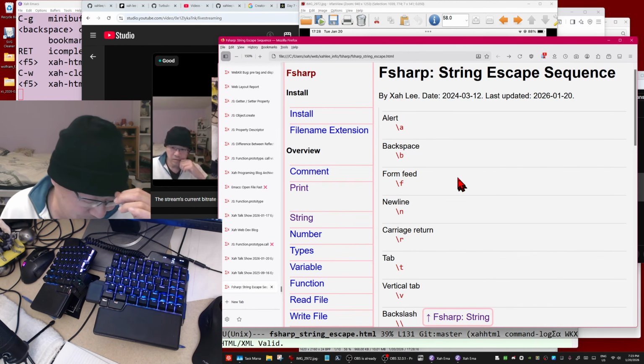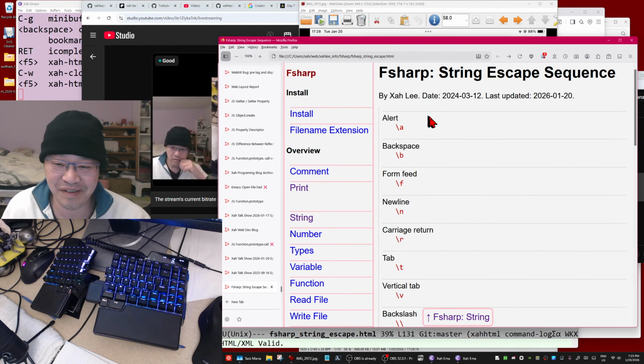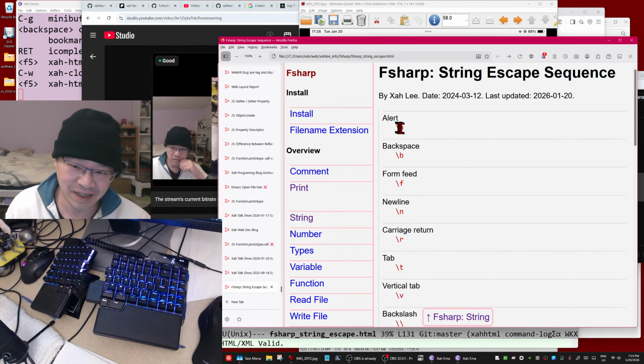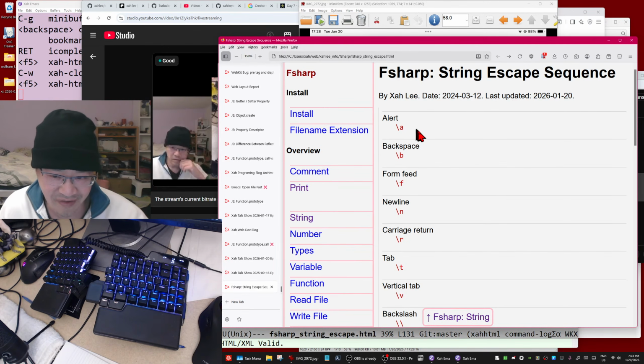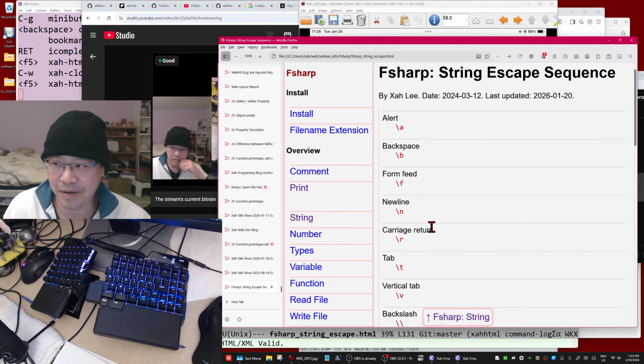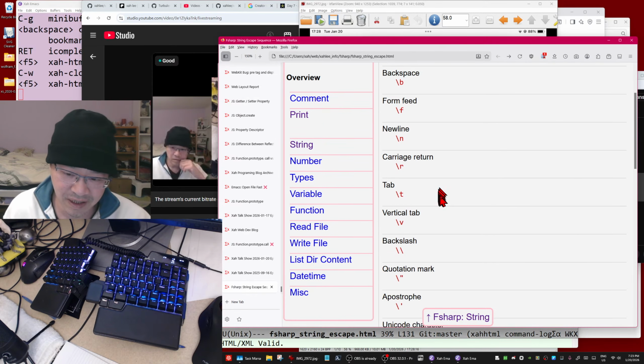Modern computer programmers don't know, because if you want a voice, you record an MP3, so why do you have an alert character? Like in form feed character and new line, what's the difference in carriage return? Today's coders may not understand, but